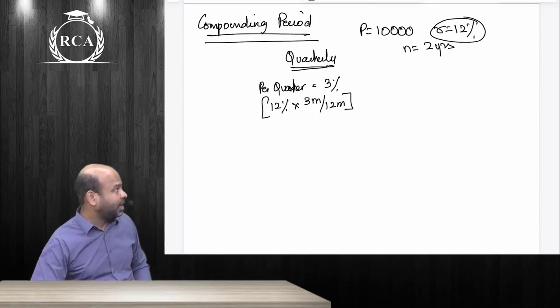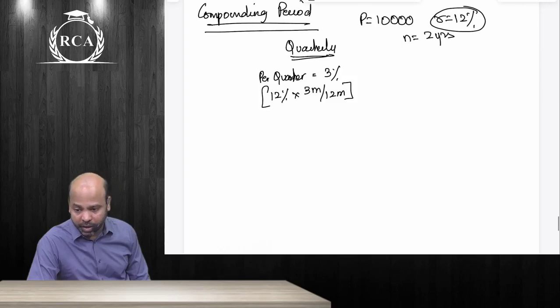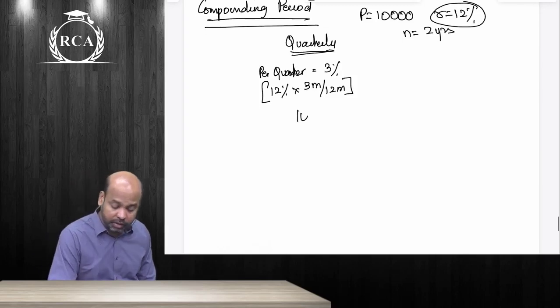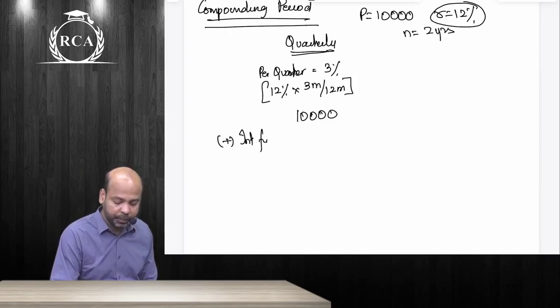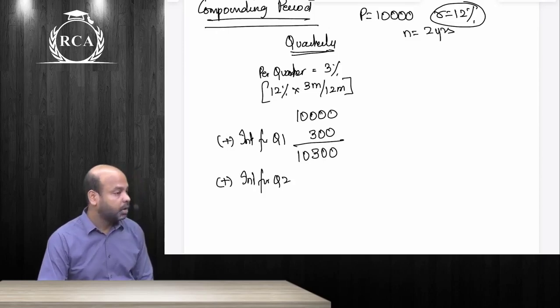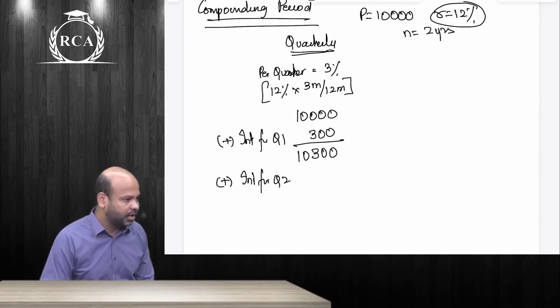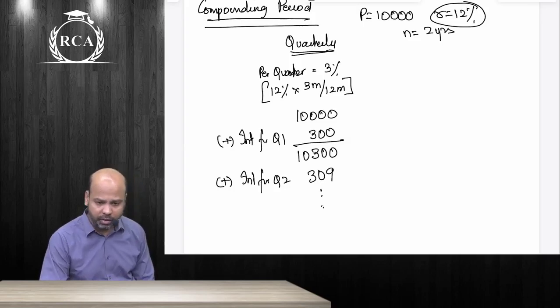They're going to add interest at the rate of 3%, guys, every quarter, and then they're going to compute interest for the next quarter. Like you depositing 10,000 rupees, beta, interest for quarter 1 will be how much? 300. What will be your accumulated balance? 10,300. How will they compute interest for the second quarter? On 10,300. That will be how much, beta? 309 rupees. The story continues.